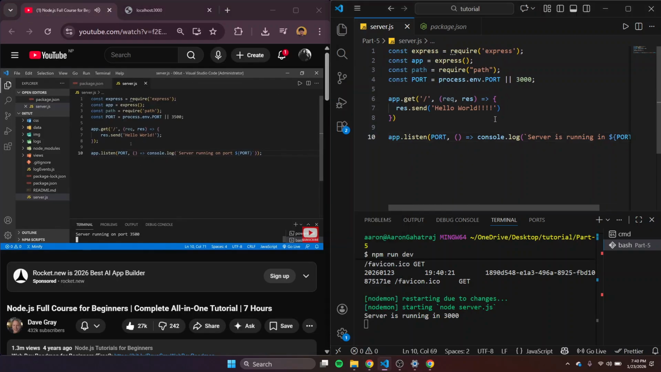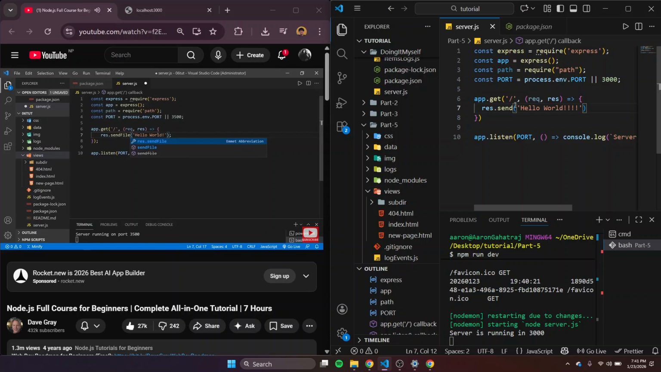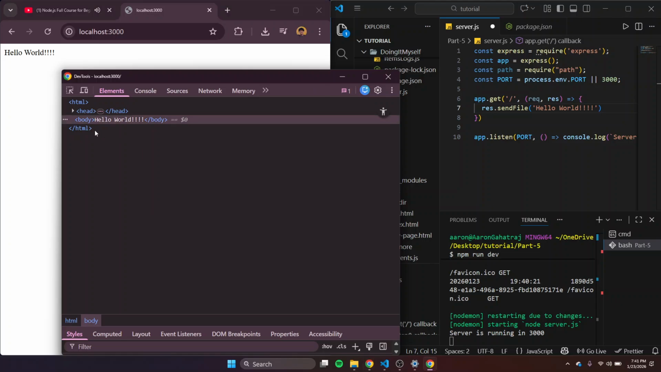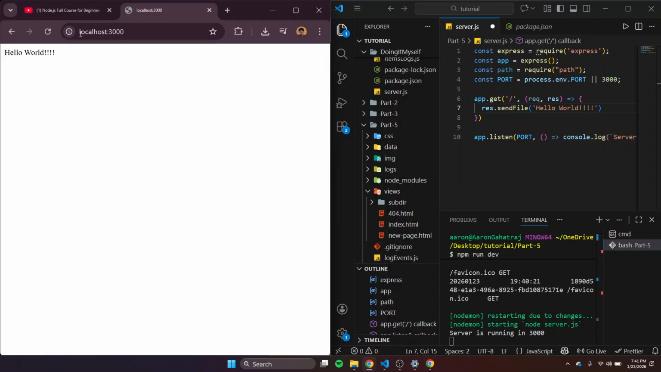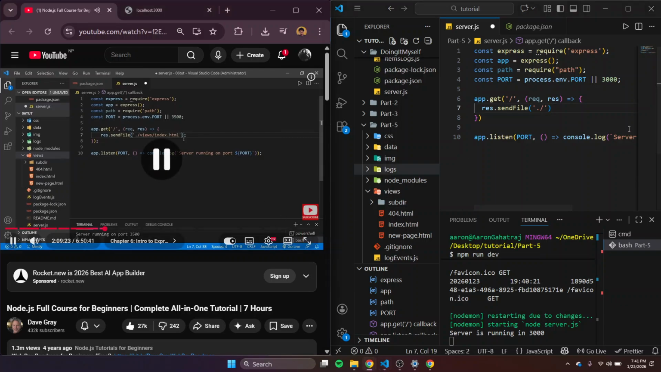But let's go ahead and serve our index file that we have in the views folder now. We do have an index.html here. Instead of just sending hello world, we can send a file. And you do that with res, which is the response, .sendFile. Now inside of sendFile, there's a couple of different ways we can specify the file to send in Express. One is to put in the path, say ./views/index.html, and then